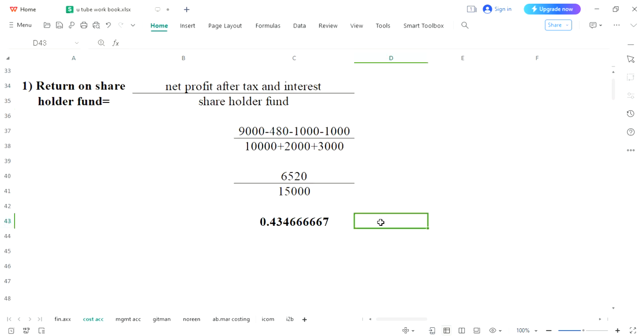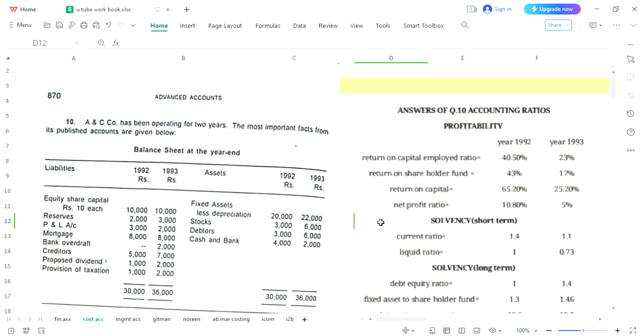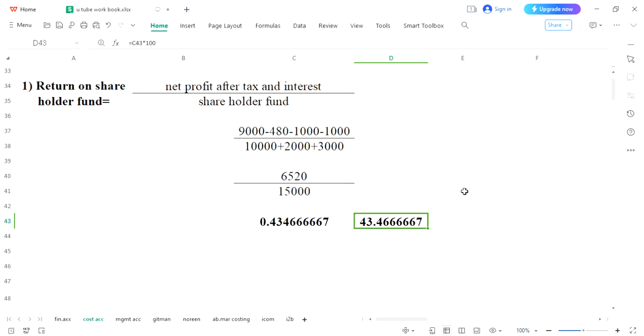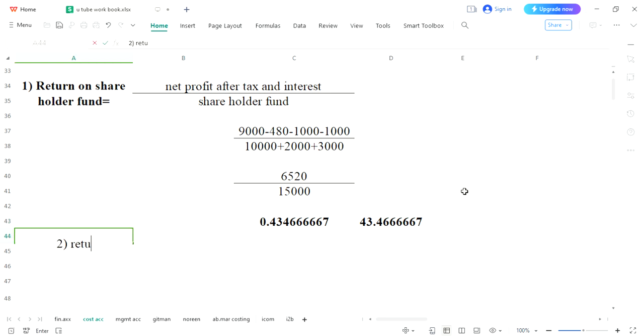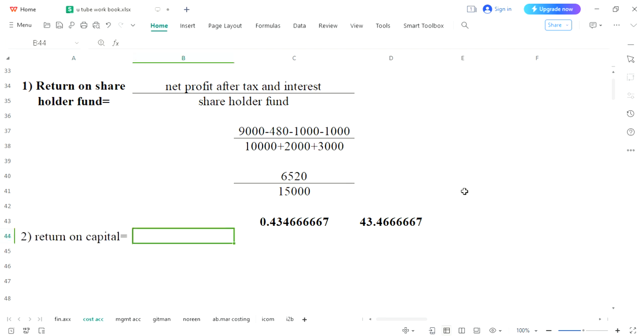If you want to make it a percentage, just multiply it by 100. So we have got 43.46, and our answer is 43. So the first problem has been sorted out: return on shareholder fund is 43%. Now next is return on capital. Just write down return on capital. Again, for this what we need is net profit after tax and interest, and you will be dividing it by